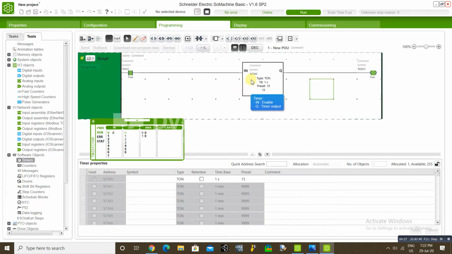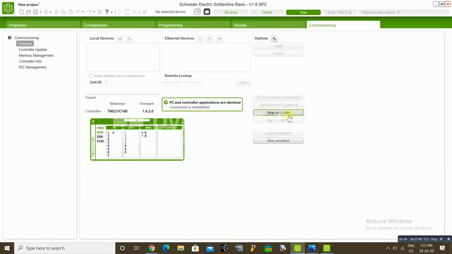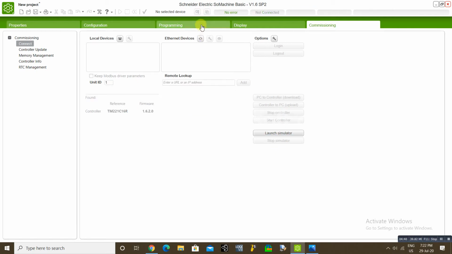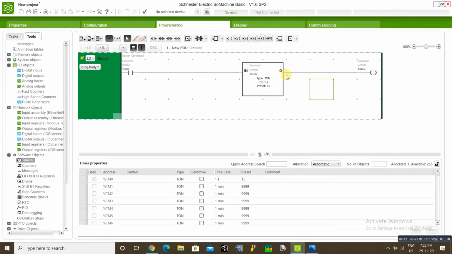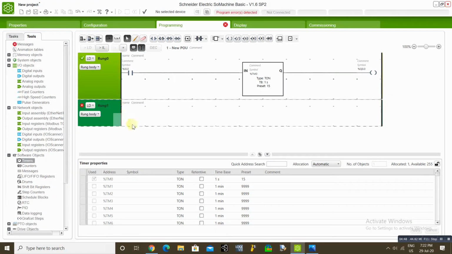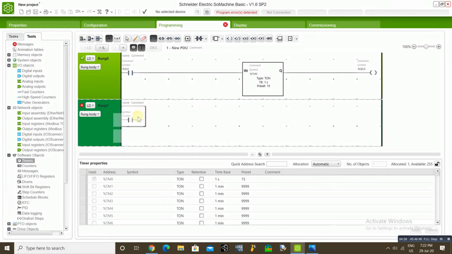This timer, if you want to use for multiple outputs, is also possible. We will see how we can configure that. Now if you want to connect one more output with the same timer, add one more rung, go to the NO block, use the NO contact of the timer.